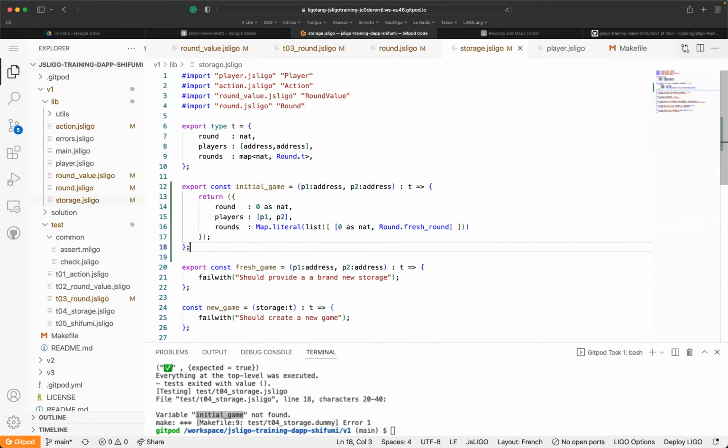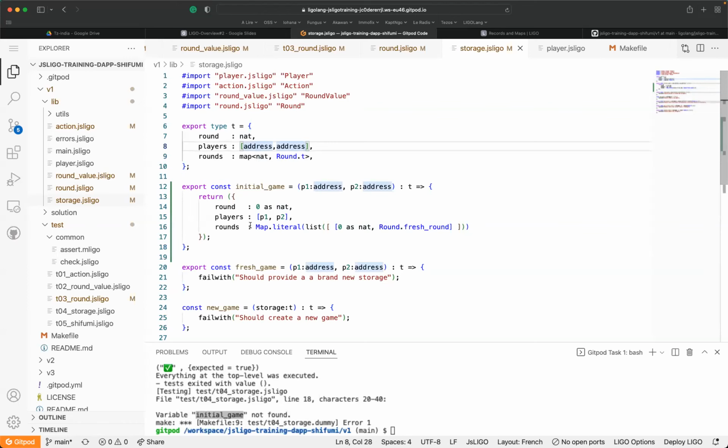So I'm going to create the initial game. I would like to design it thanks to two addresses, which are given as parameters. The first one for player 1, and the second one for player 2. And I create the brand new storage. In fact, this is the storage at the beginning, once we do the origination. So how many rounds have been played? 0, of course. The players are P1 and P2, which are related to the addresses here.